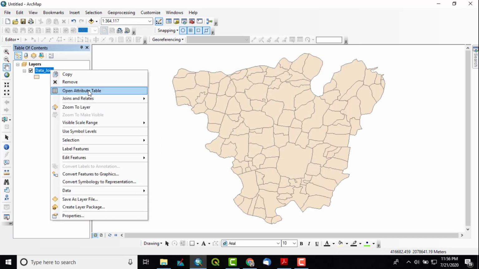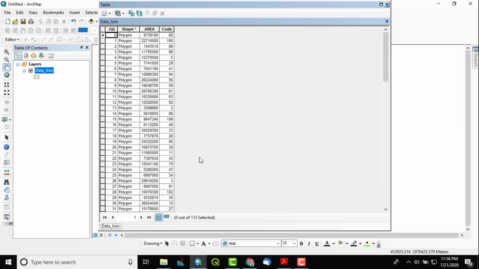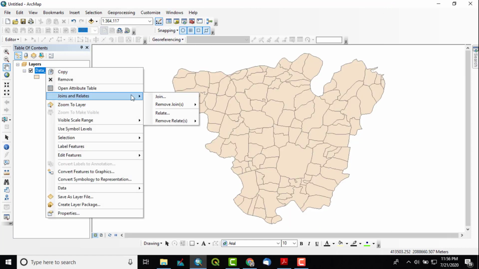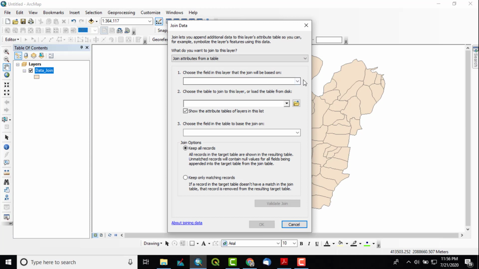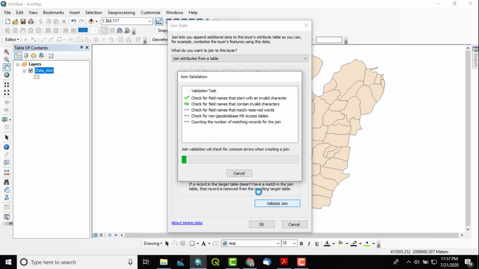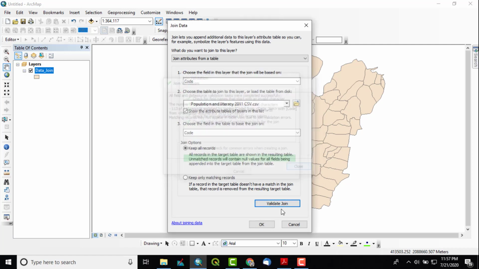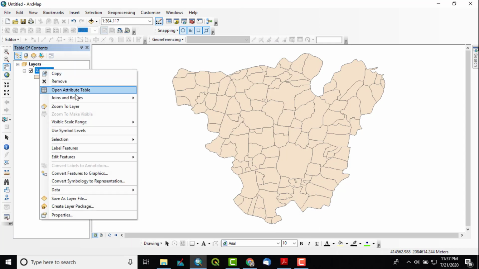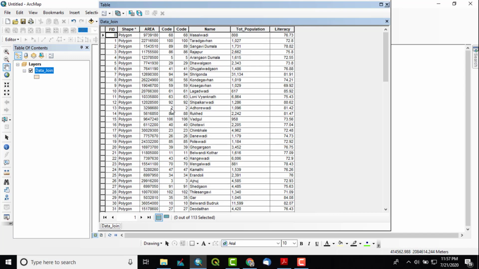You can see in the attribute table all the data is gone, because it isn't saved until we do a task. I will show you again. I will make the join again: code, CSV, add, validate, close, OK. Now the join is successful again.